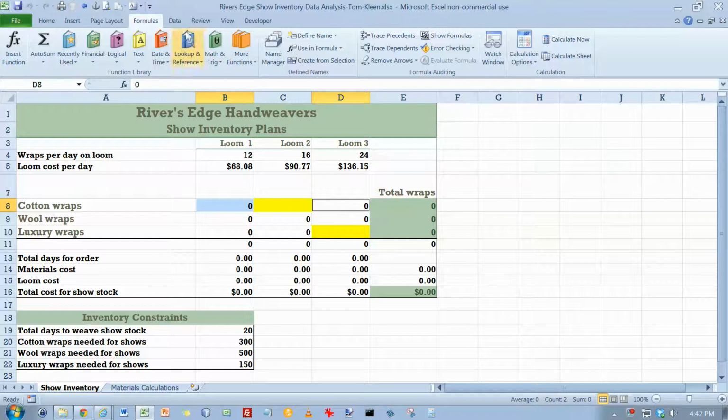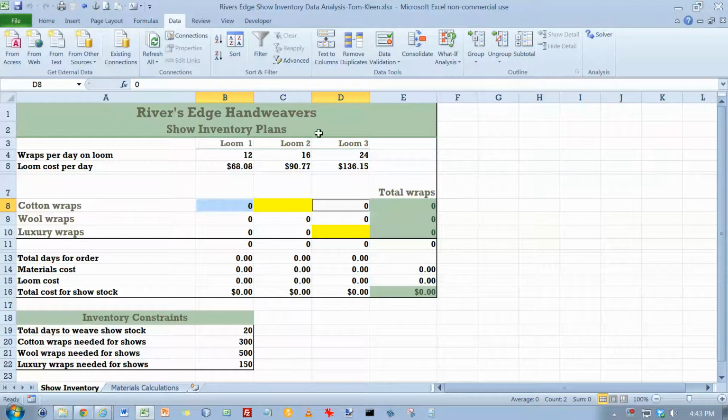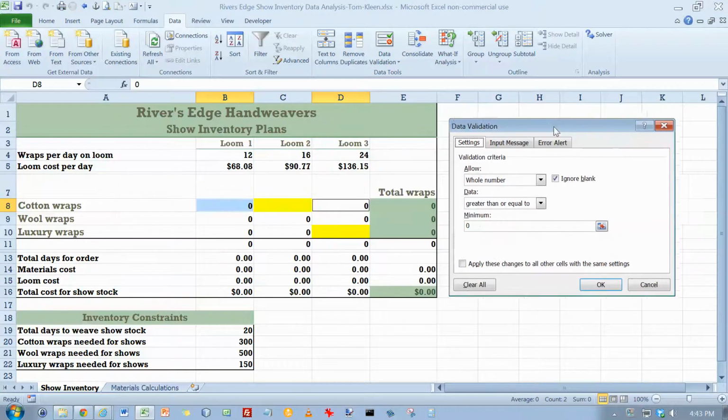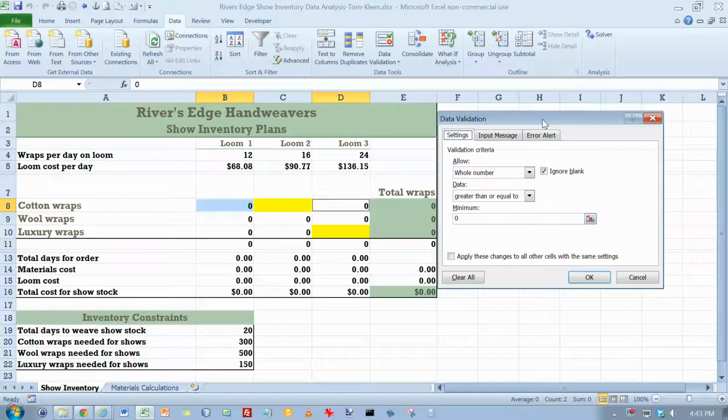Click Data on the ribbon to display the Data tab. Click the Data Validation button, and data validation, and here's where we can put in some rules for validating the data, and click the allow box and click on the down arrow, and